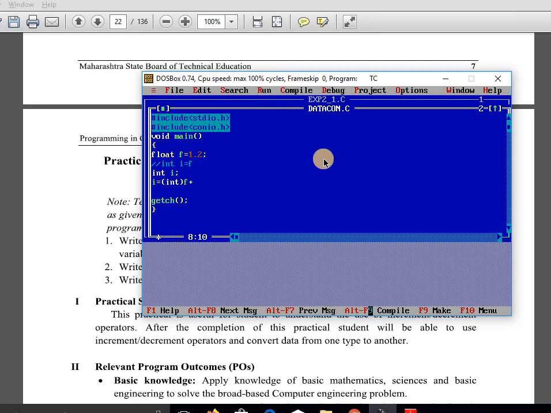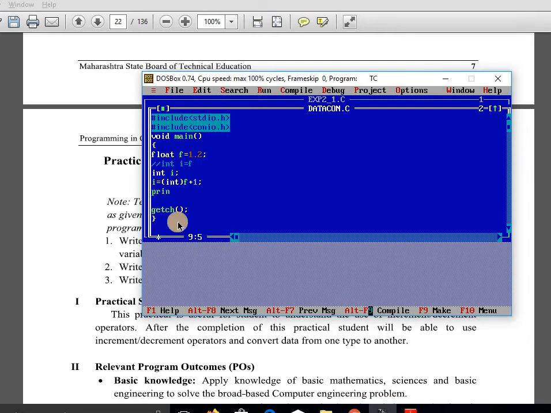(f) plus 1. Now see here, this f has data type float, and by writing integer in a bracket and then f, this float f is converted into the integer, and now it will add 1 to that value, and this addition is assigned to i.